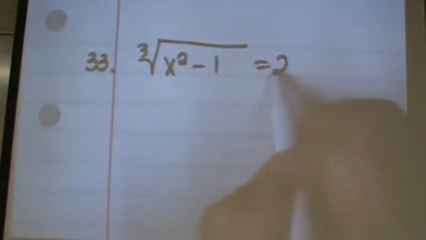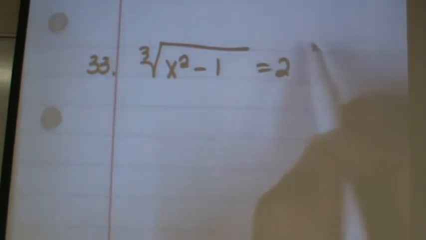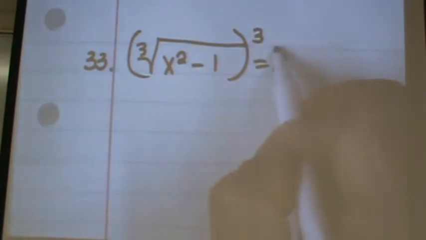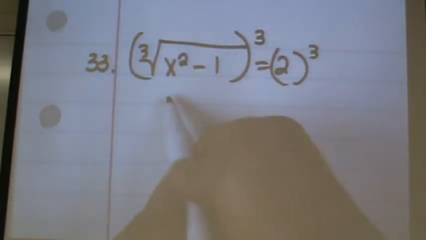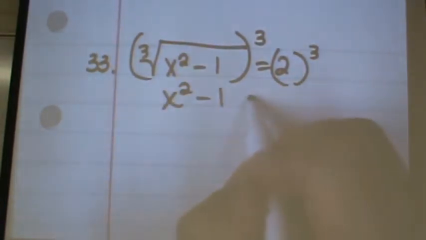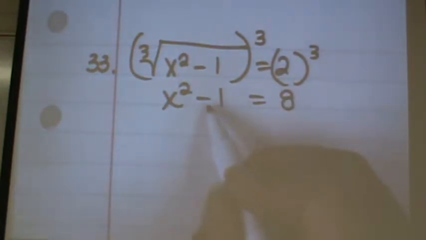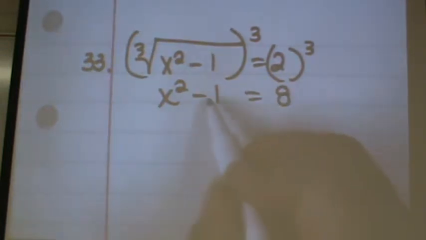Skip 31, we're going to do 33. 33 says the cube root of x squared minus 1 equals 2. Now this could be a negative number because that's a cube root, but we're going to cube both sides. So you get x squared minus 1 here, and 2 cubed is 2 times 2 times 2, which is 8. Now we're going to add 1,